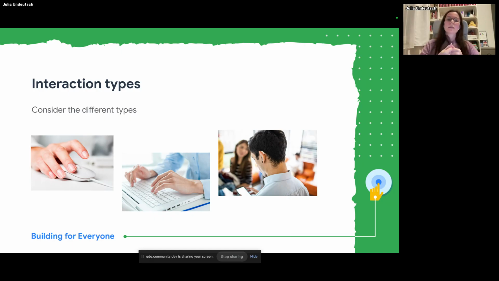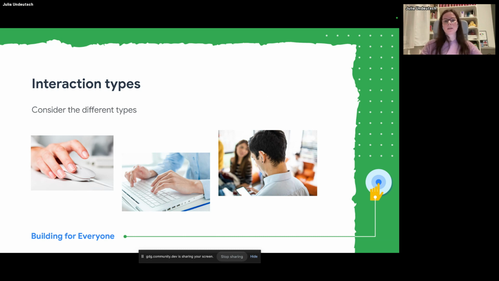We also have to understand that every person interacts with the content on the web differently. I personally am a mouse user. I always use the mouse, but I met lots of people who never use the mouse. They always use the keyboard, and it's not because they depend on it, because they have problems with their arms or anything, but they simply don't want to.